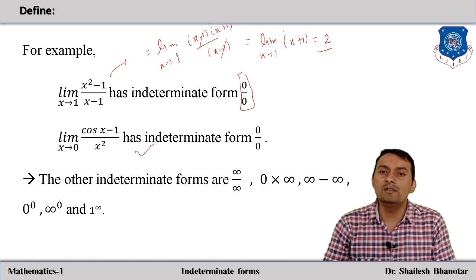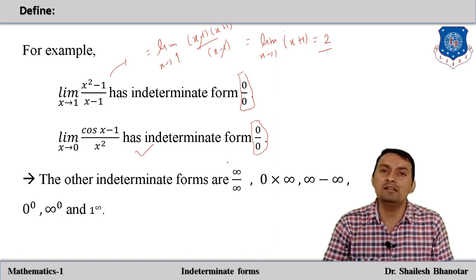If we consider another question, and we put x equal to 0, what will it be? Here cos 0 is nothing but 1. So 1 minus 1 is 0, and the denominator also contains 0. That means there is an indeterminate form, so in that case there is no conclusion. Again in that case we have to use the L'Hopital rule. So what is the exact L'Hopital rule?